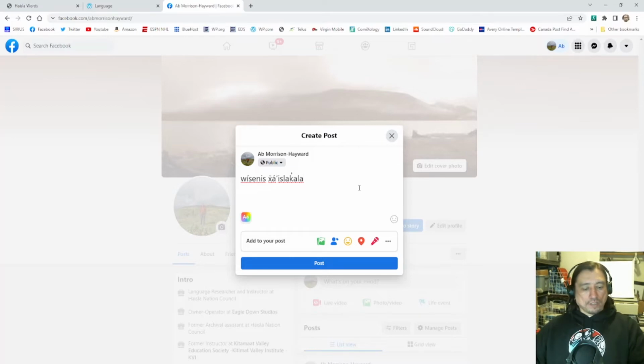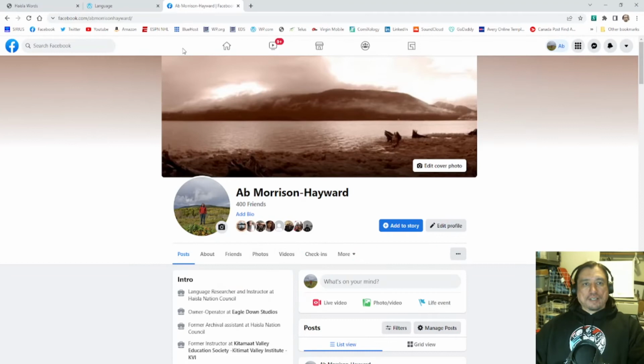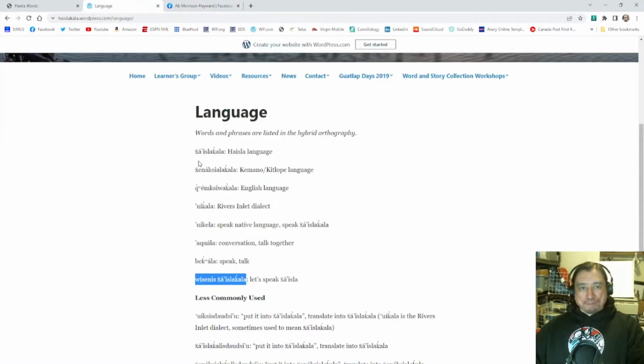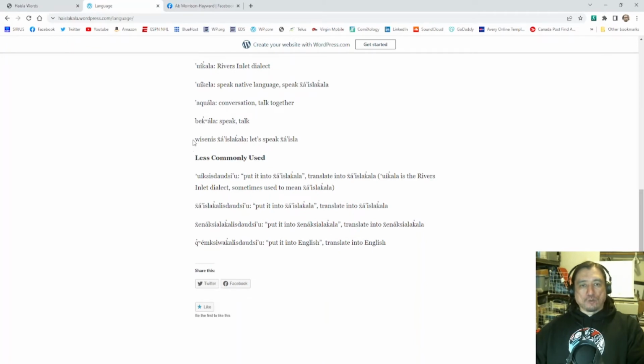So I'm just going to delete this. So I'll go over it again. So starting from scratch. So I wanted to copy Xa'islak'ala. So the first step is you change the cursor from an arrow to a bar. Hold and left click. So left click holding that button down. Drag it over, let go of the left mouse button,